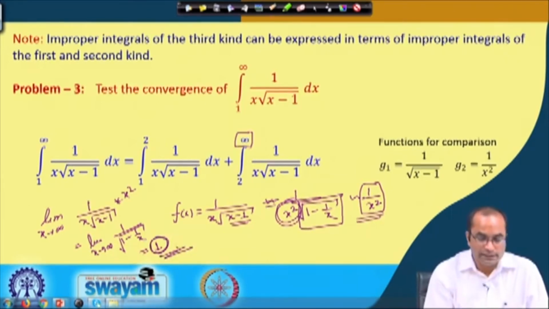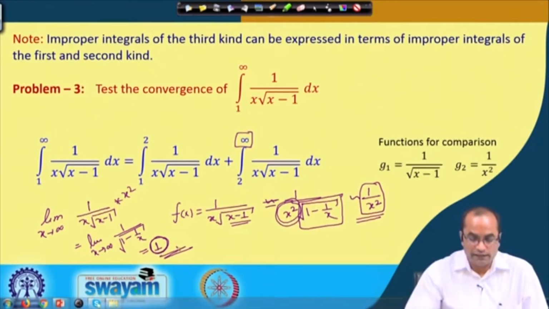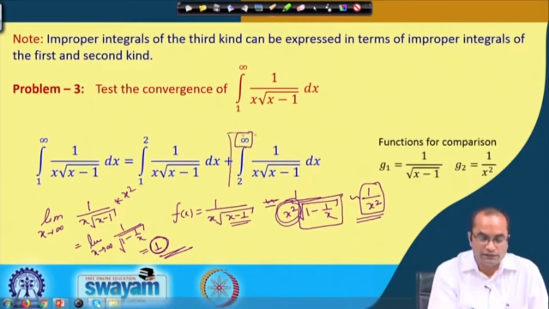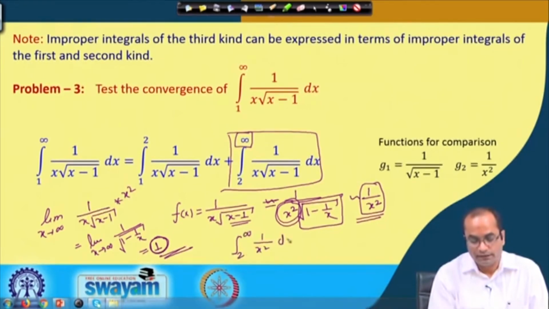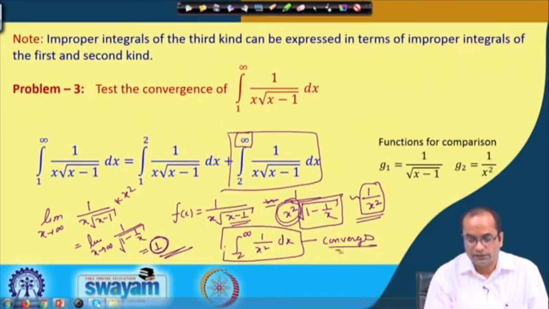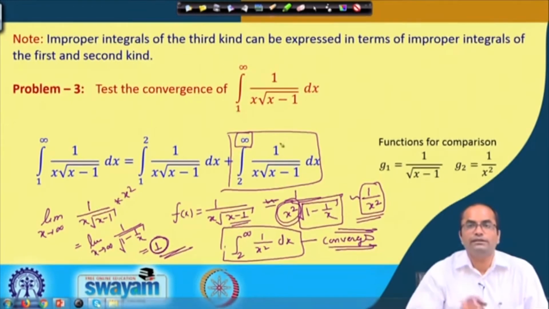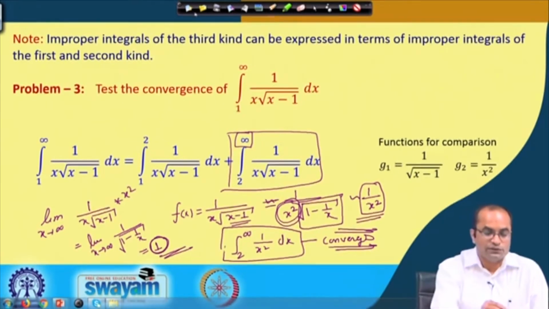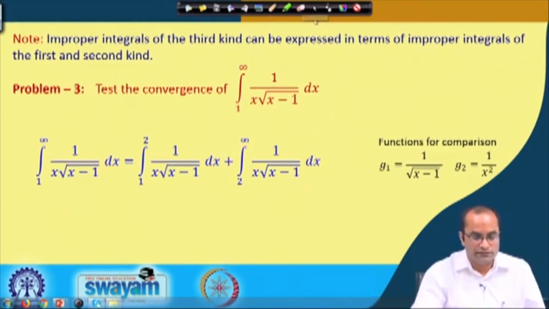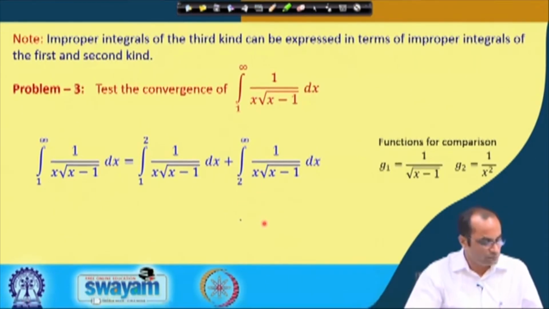So, we have this limit as 1, and in this case again for the same reason both the integrals will behave the same: the given integral here, and the other one, our test integral. What is the test integral? The integral from 2 to infinity with this g function, 1 over x squared dx, and we know already that this test integral converges. So, this integral converges, and hence the given integral, the second integral which was the type 1 integral, also converges. So, what we have observed here is that both the integrals on the right hand side converge